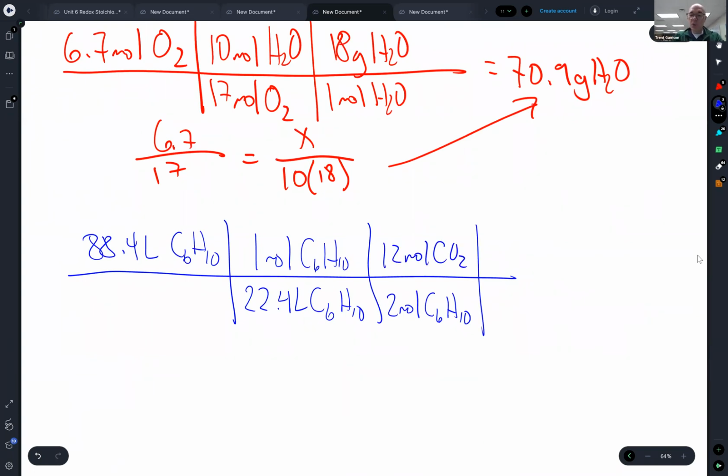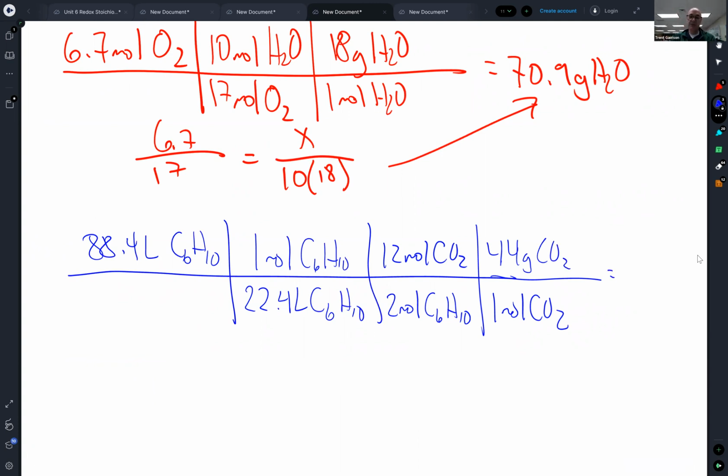Now, I'm not done with moles because it wants it in grams. So for every 1 mole of CO2, there are 44 grams of CO2. I get those values off the periodic table. So I'm going to do 88.4 times 1 times 12 times 44 divided by 22.4 divided by 2, and I end up with